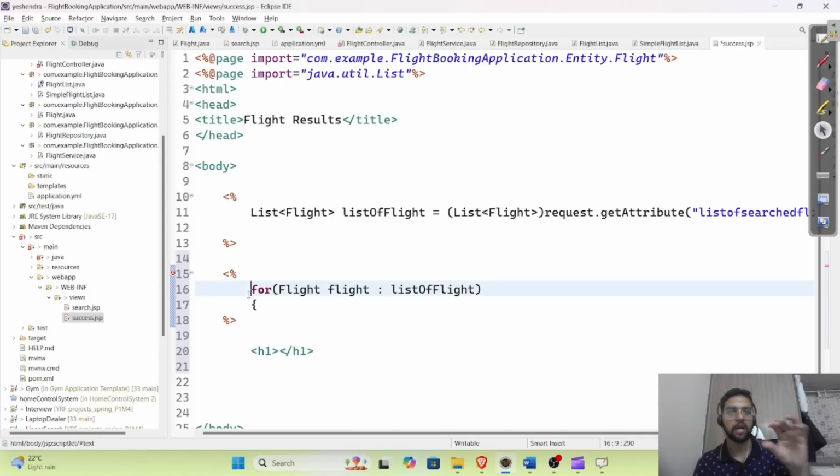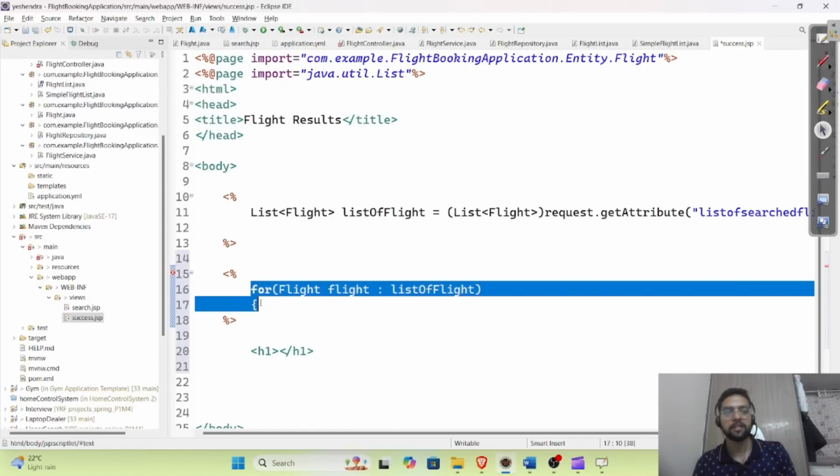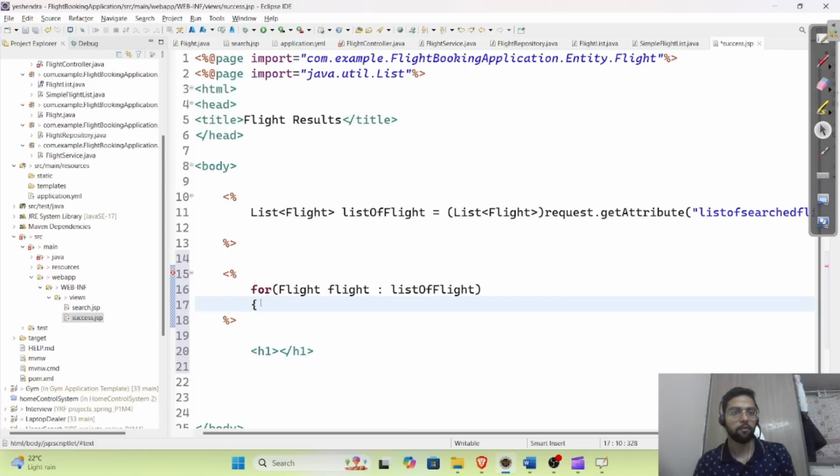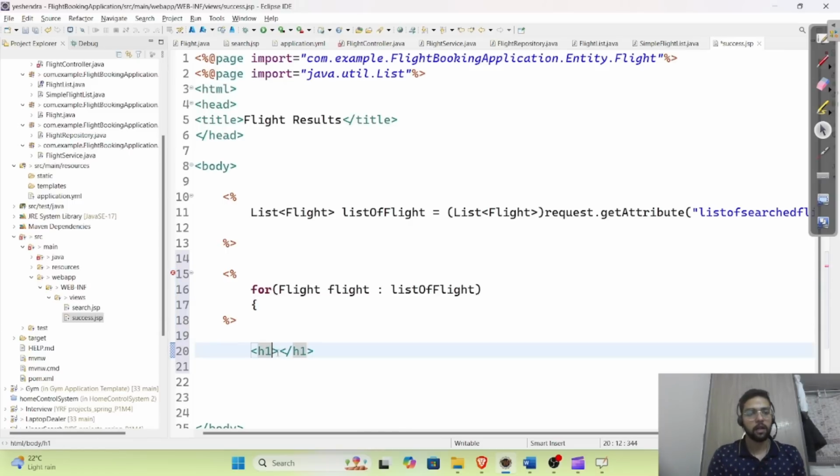I have closed the Java bracket, but the for loop is still open. So h1 and the flight number is, okay. Now there is one more syntax, angle bracket